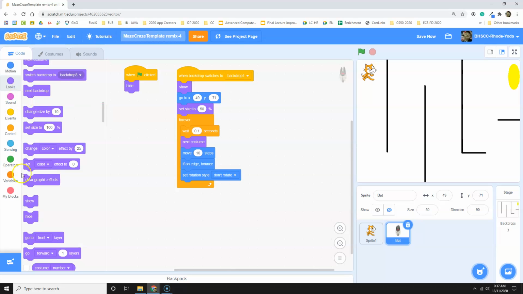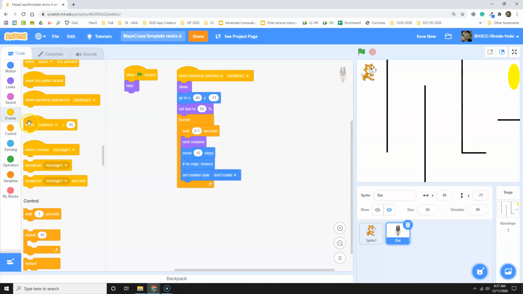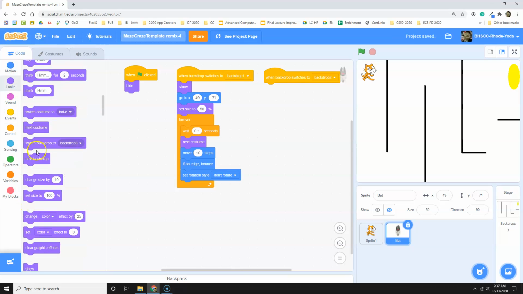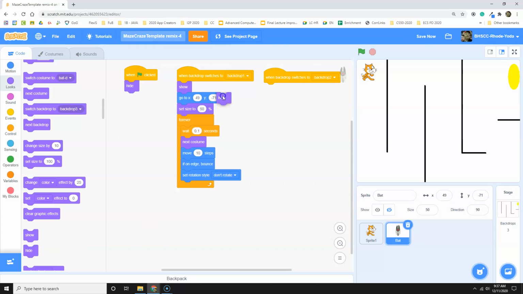But when the backdrop switches to backdrop 2, I want the bat to hide. Because they'll go in order, unless you add some kind of power-ups that skip levels, which you certainly are welcome to do, and then you have to code for that occurrence. Right now, the bat will only be there on backdrop 1,